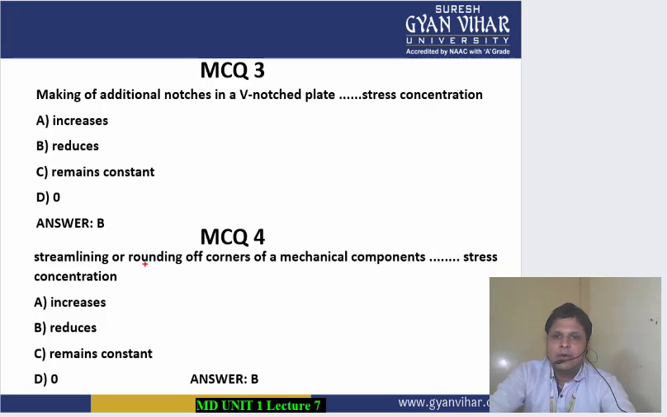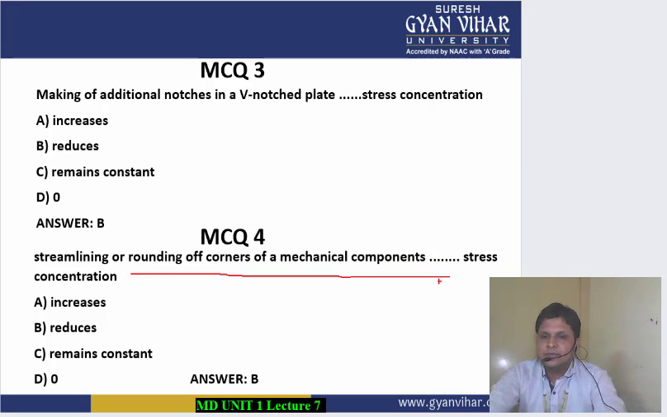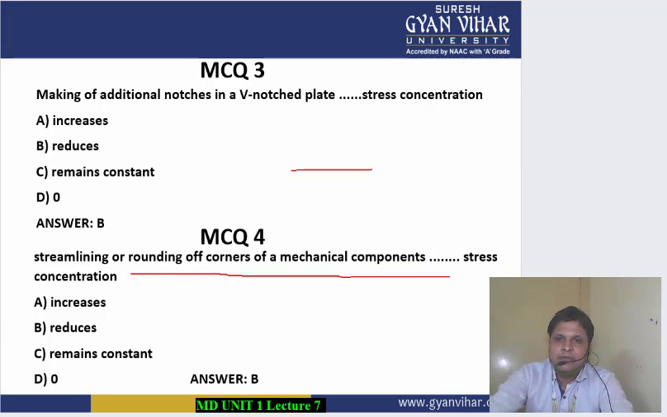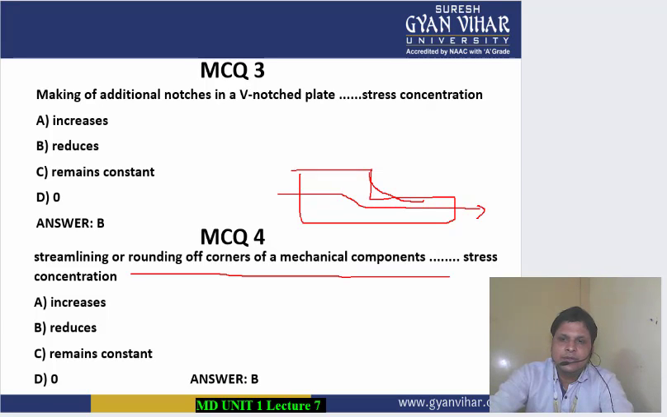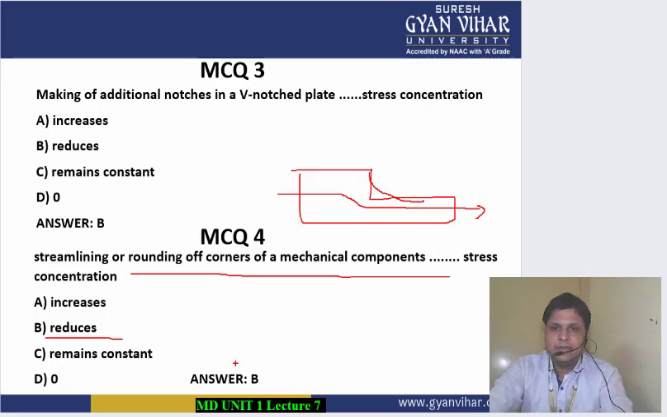Then streamlining or rounding of the corners. What is the reason why we round off the corner? If the corner is like this, why do we give it a round shape? So in order to get a smooth streamline, smooth stress line, and therefore what is the purpose? It reduces the stress concentration. So B is the